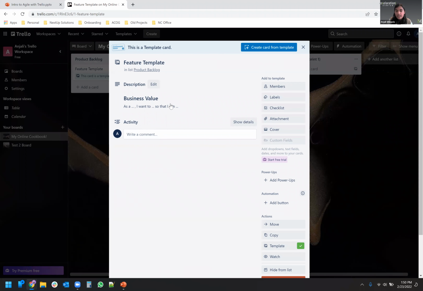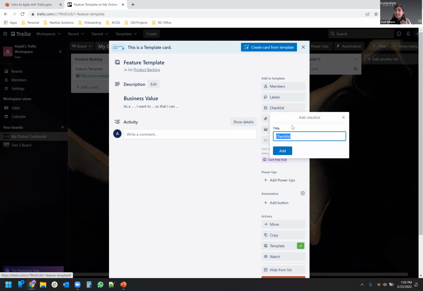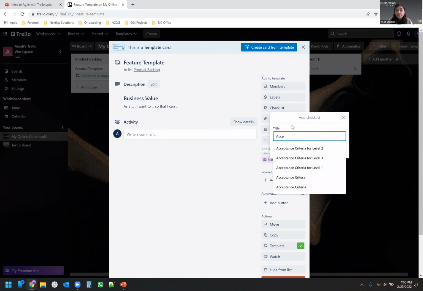So that's what I've got here. Another thing that is often useful that I've come across when it comes to actually developing these is what is called acceptance criteria. These are the things that I want in order for this story to be considered done. And so I'm going to put in an acceptance criteria